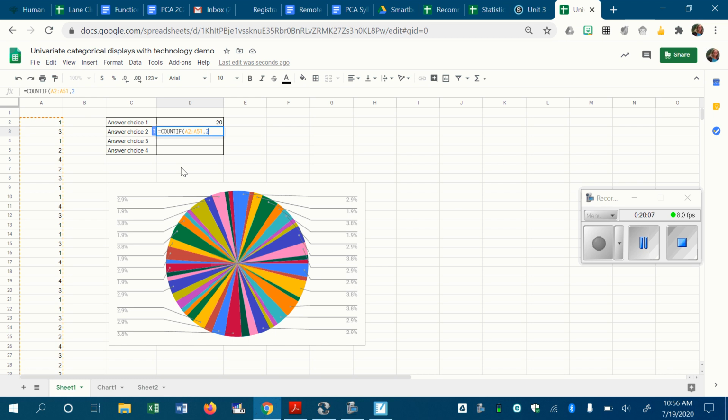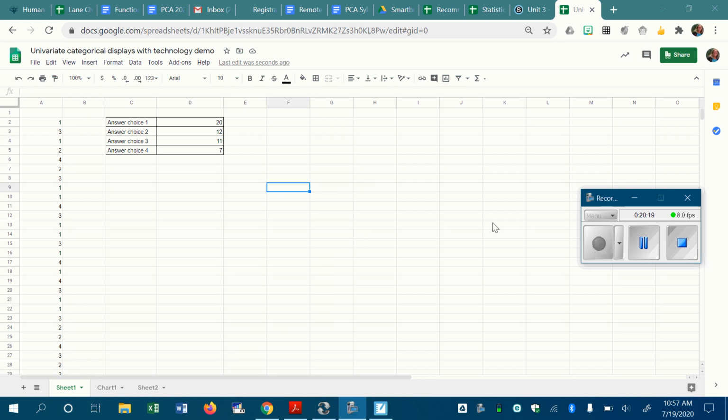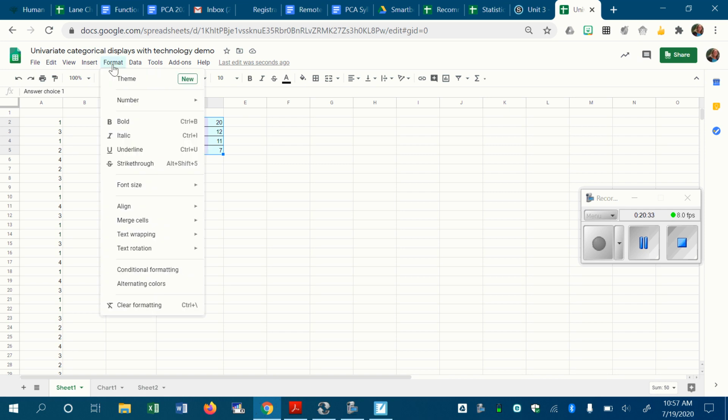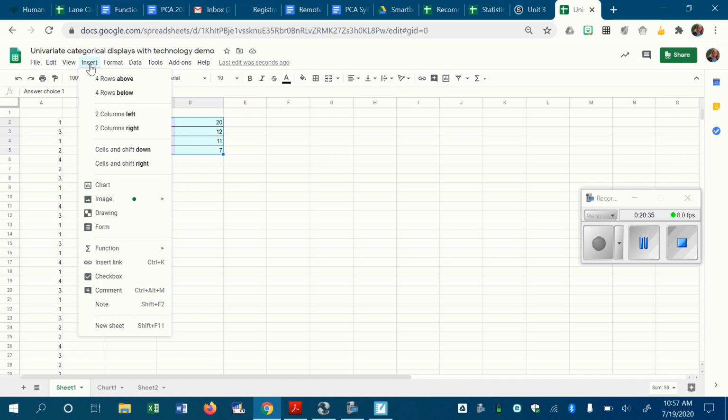Okay, so for the next thing, I'm going to do the same exact syntax, COUNTIF, the range of data, a comma. This time I'm going to write a 2. And then I'm going to do this for 3 and 4. These are the totals that I get. Now I could highlight just this table. I am not going to highlight the original data. When I highlight the original data, the computer does not know what I mean for it to do. What I really want it to graph are my